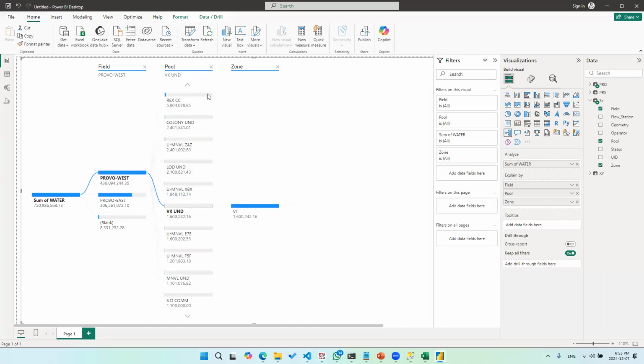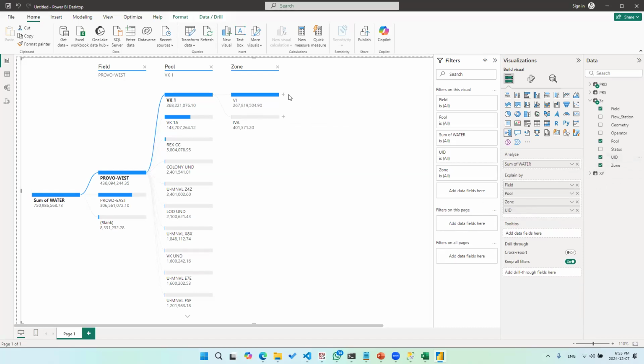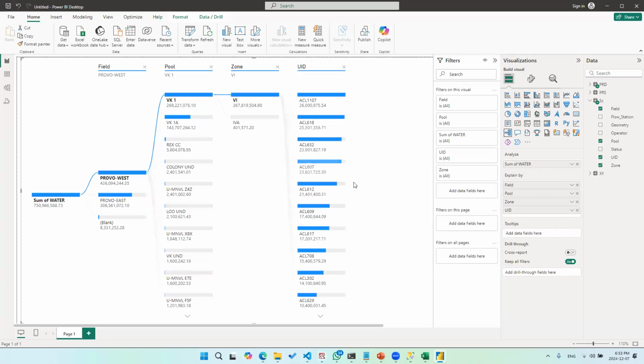Okay, so one final thing that usually is left is to narrow down your sources on this particular zone, on which well is actually contributing more. Now you will go ahead and add the well and explain this aggregation by well as well. You can see which wells are contributing more to this particular parameter, which is the total production from this well. Of course, you can do lots and lots of things around the data that you have connected with SQL.